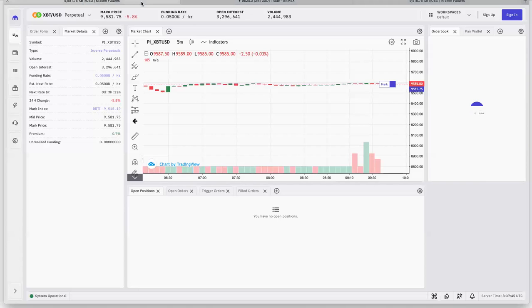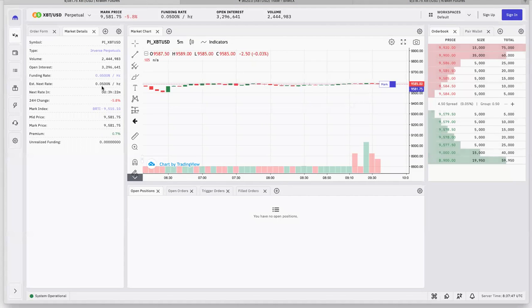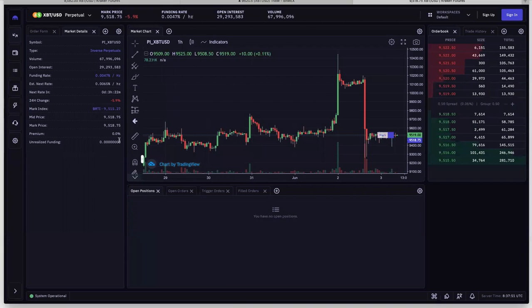And ours is, I think, 0.05. Oh, this is a demo though. Oh right, yeah, sorry. Why is it so high? Yeah, ours is 0.0065. So ours is slightly less than theirs at the moment. Yeah. So there will be a difference, and it also depends on what index the platform's using. Obviously we use our mark index, which is the combination of 5 constituent exchanges. I don't know how many exchanges and which exchanges BitMEX is using, but there may also be some difference in the calculation, but obviously can't comment on what other exchanges are doing.